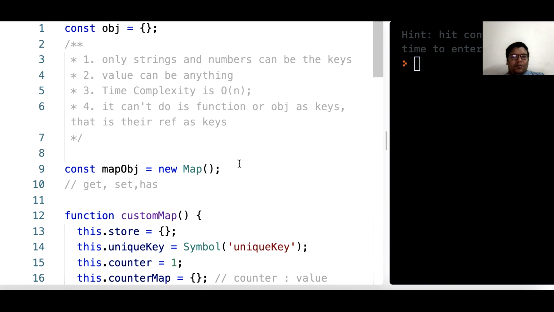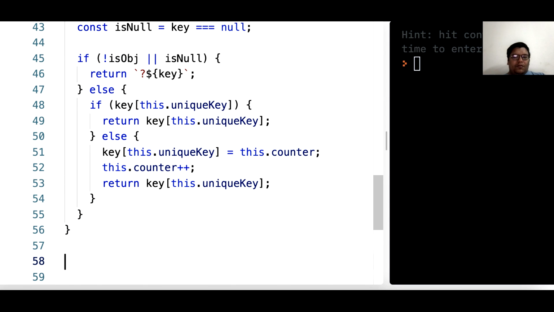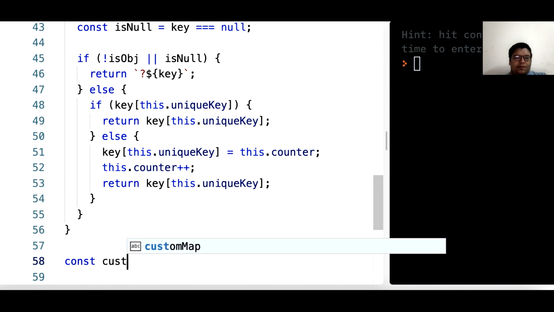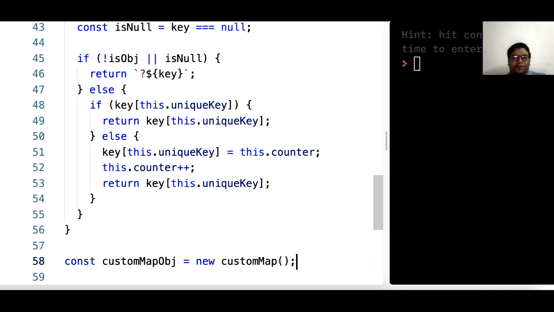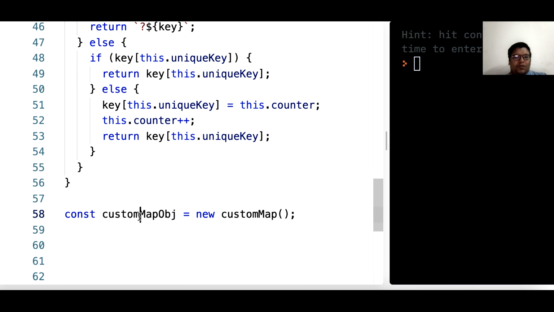How about we try to use it? So we have custom add. Okay, let's try to do it. What we will do is custom map dot set, let's initially try with basic strings. Name, Rahul.